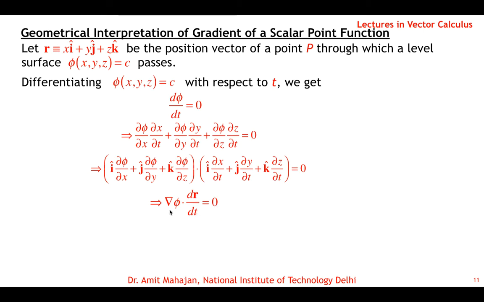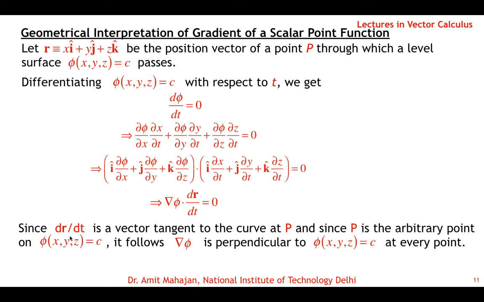And we know that the dot product is 0 if the vectors are orthogonal, so that means the gradient of phi is orthogonal to dr by dt. But r is the position vector of a point on this level curve, so dr by dt must be tangent to the curve at P,